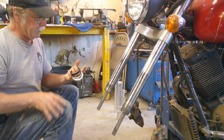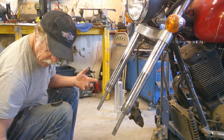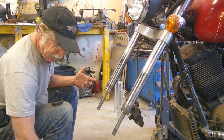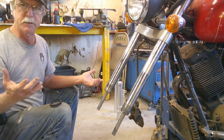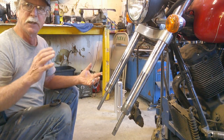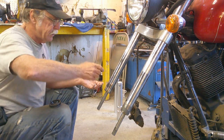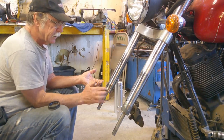Now, before I put the seals and stuff in place, it's got some fork oil on it. I want to put a little bit of, I use trans gel. I like trans gel because it's basically just Vaseline. And the nice thing about Vaseline is it's non-reactive to different types of oil. It'll just dissolve into the oil and not create an issue. So we're just going to put a little bit of Vaseline on all these little steps here,